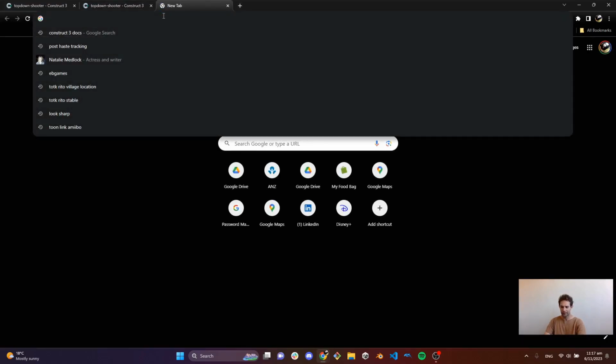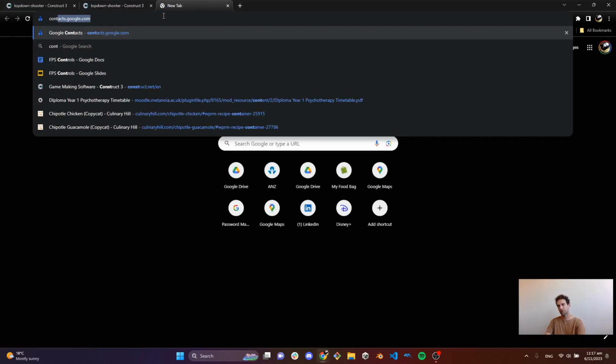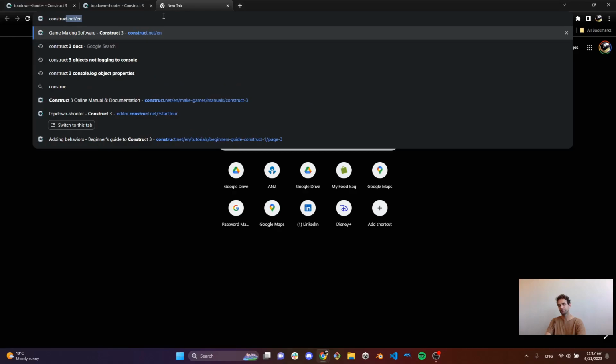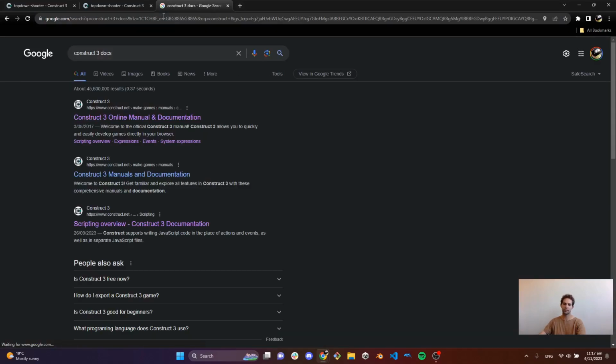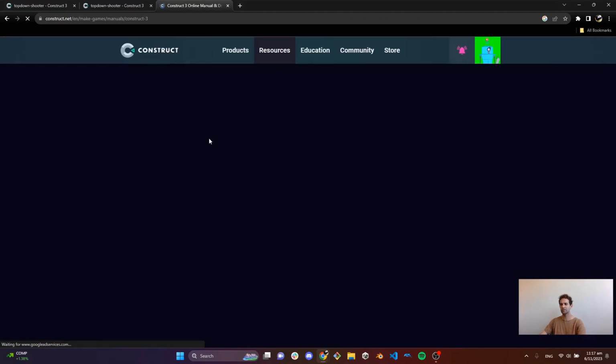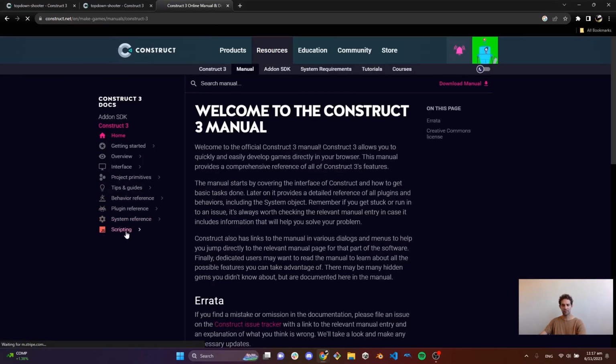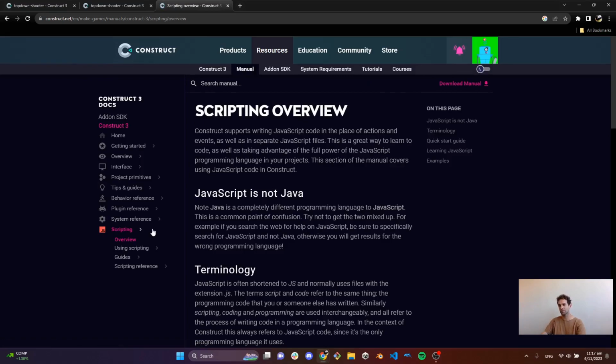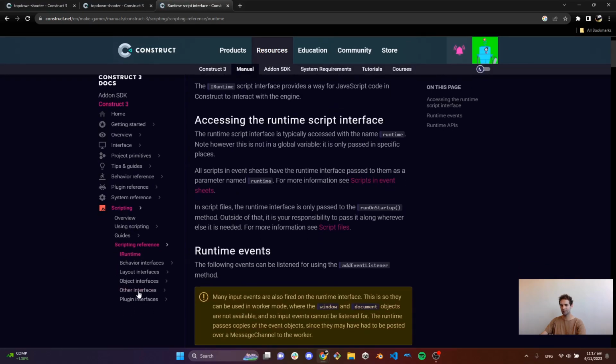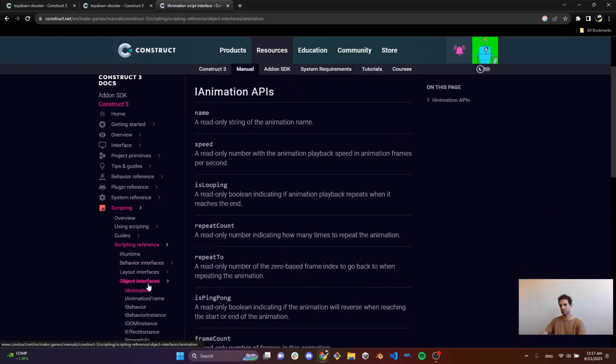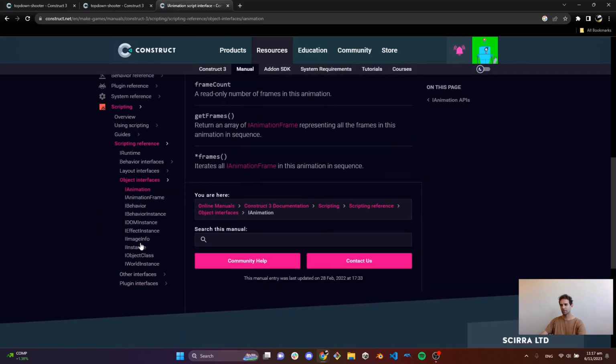So if we want to know more about the functions that I just typed in, this is how you find it. So go to Construct 3 manual. It's in this section for scripting because we use the JavaScript code to show and hide that part, and it's under scripting interface, and eventually we'll get there. Object interfaces is the section that I'm using, and then of course if I scroll further down, there's this iObject class,